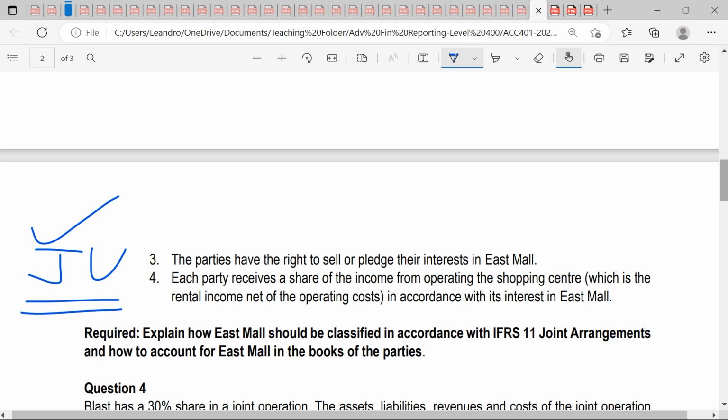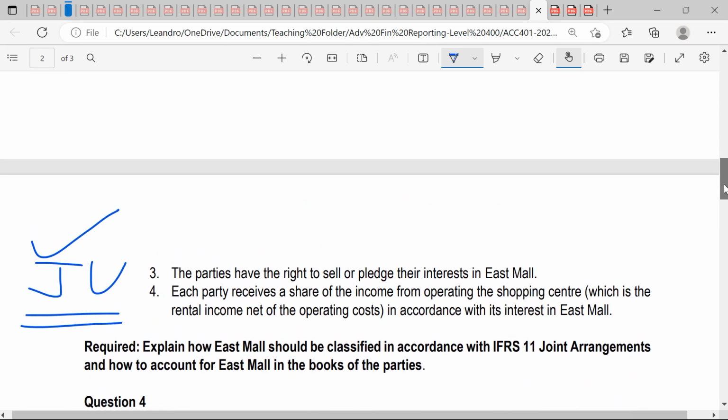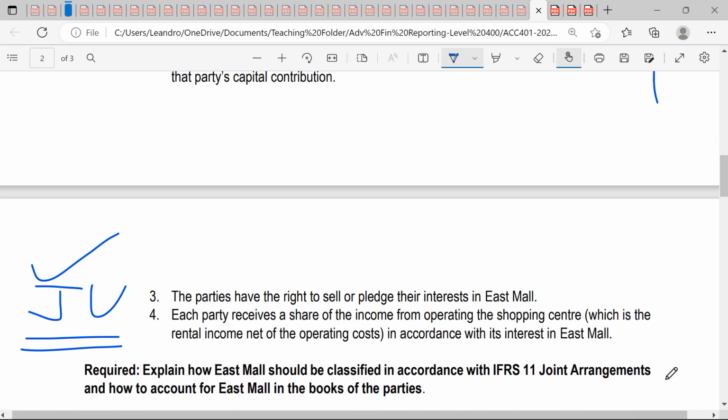Now, once you conclude like this, you then have to add that since it is a joint venture, Dromo and Shida must each account for their business by applying the provisions of IAS 28 and equity account for the investment in Eastmore. Okay, so that's about this, and I think that's about the essay type question. So I'll come back on the computation ones. Read, justify your discussion, refer to the standard,